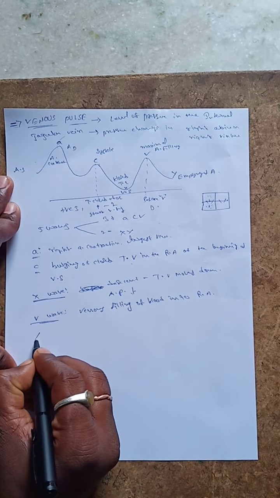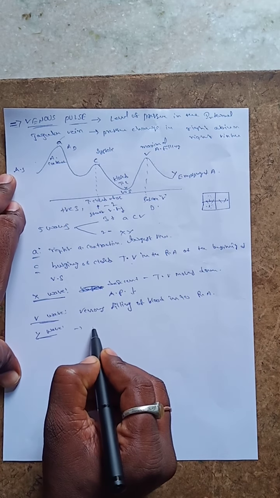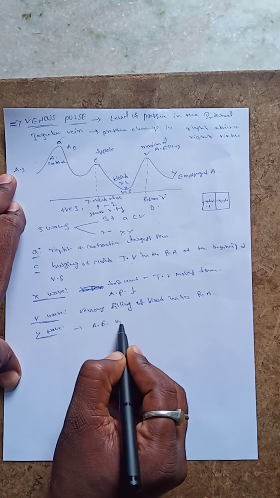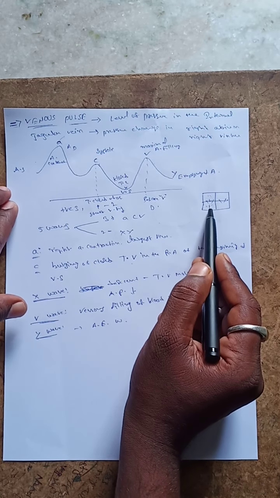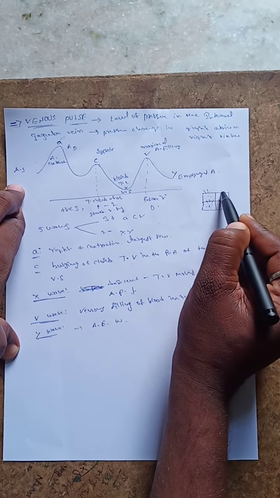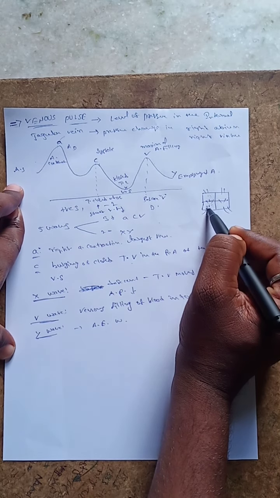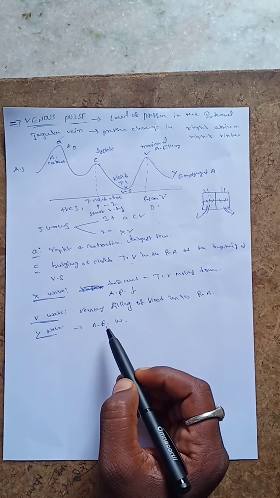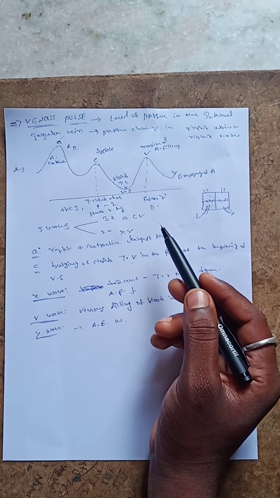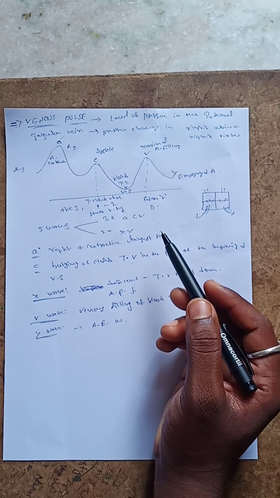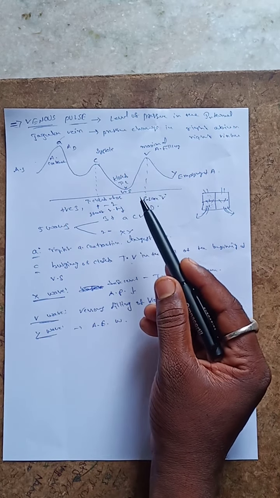And the Y wave is the atrial emptying wave. Here the atrium is completely emptying. The blood is filled from here and transferred to the body, completely transferred with the Y wave only. That's why the Y wave is a completely empty wave. So that is about the venous pulse and its waves.